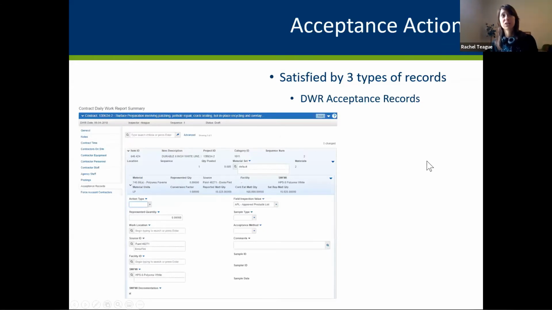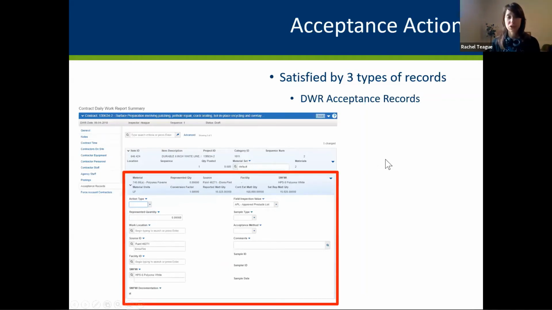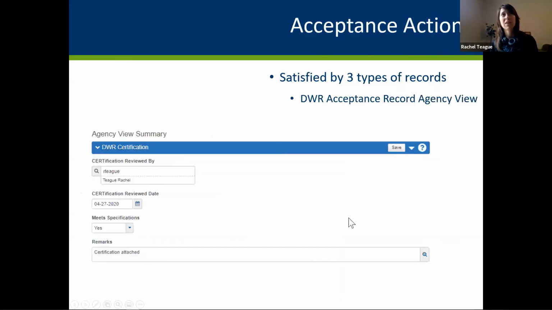Another type of record is your daily work report acceptance record. And these are really useful for things like your certifications, visual inspections, documenting that something came from an approved product list or a qualified product list, if you want to build that into your requirements, things of that nature. And then if there's something that is maybe a little more detailed, you want to capture a little bit more than just this field inspection value, which is currently what's being matched. Right now we just have it checking to see if the field value is the same as what you say you're looking for. But maybe you want more. In that case, you can